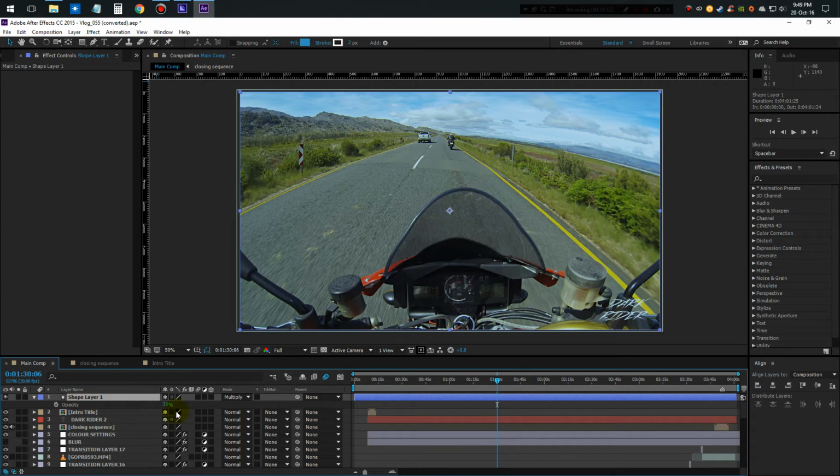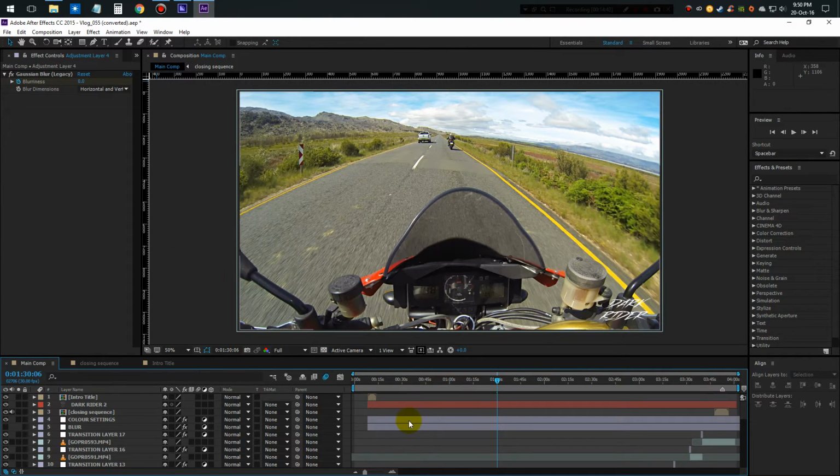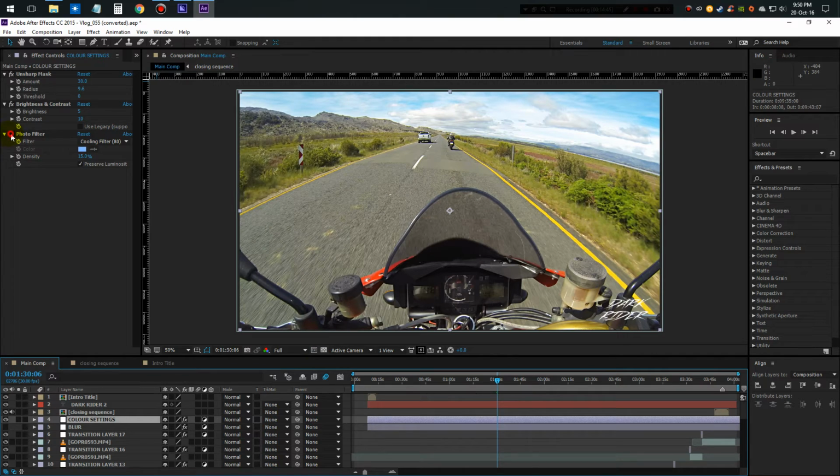So that's a bit too dark. Let's bring the opacity down more. So there, that's a little bit better. Still a little bit too dark for my liking. Let's try 8. There we go, a little bit better already. So even with just adding a blue layer and changing the opacity and the blending mode, it makes a difference to bringing out the yellow from that scene. So let's delete that, and then we're going to go back to our color settings layer and turn our photo filter back